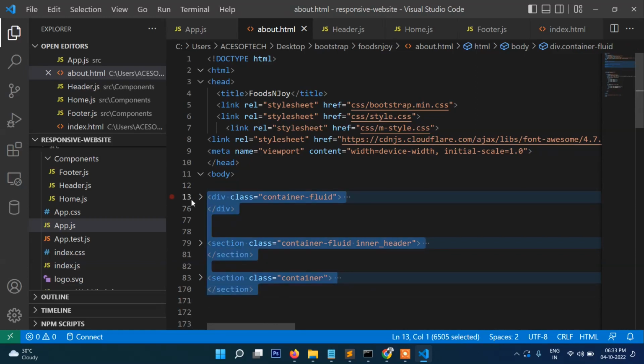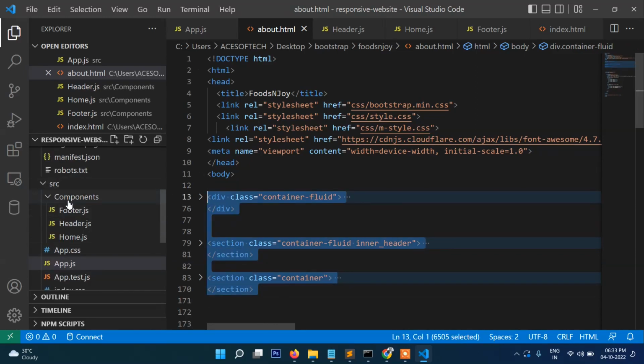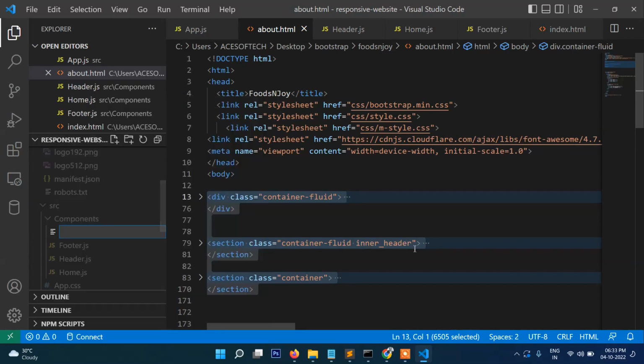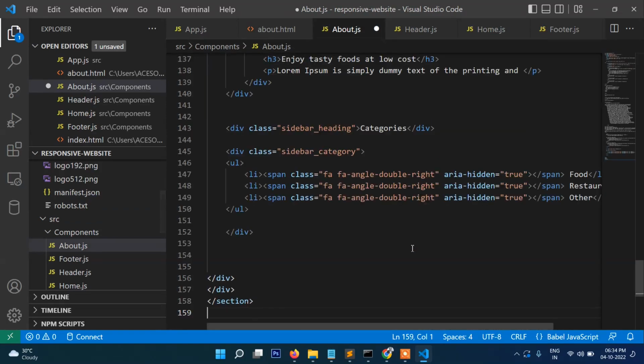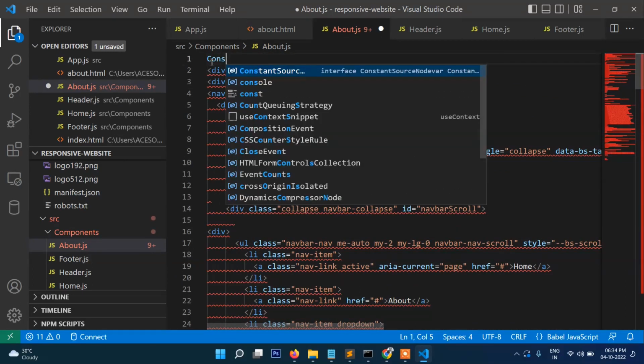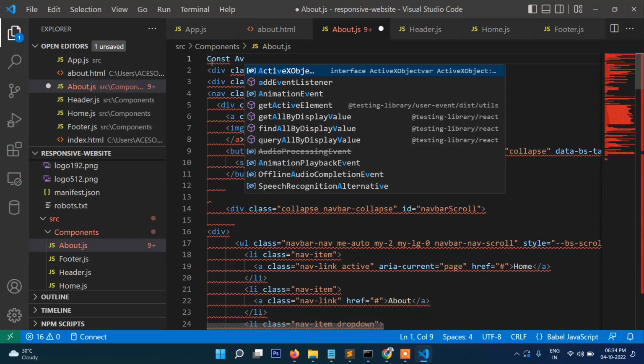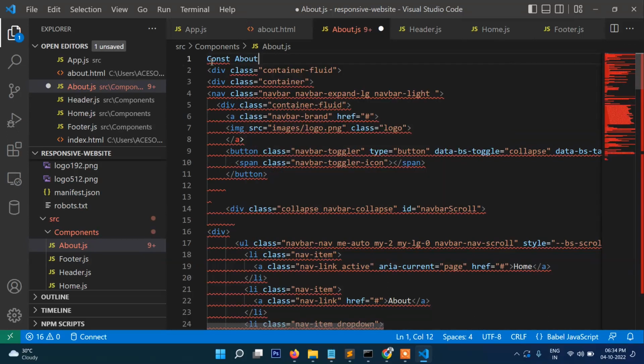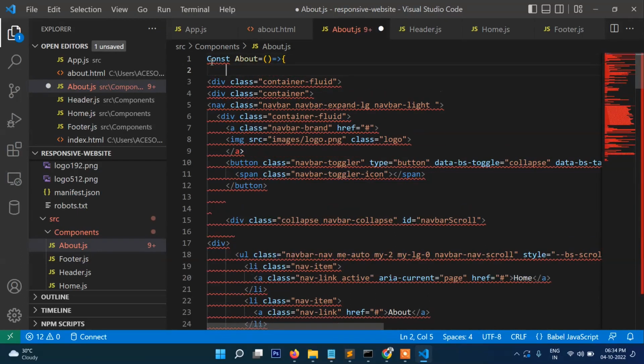Let's create a page called About. Here inside components we will create a page called about.js. Here I've just pasted, and then const About, return this empty tag,